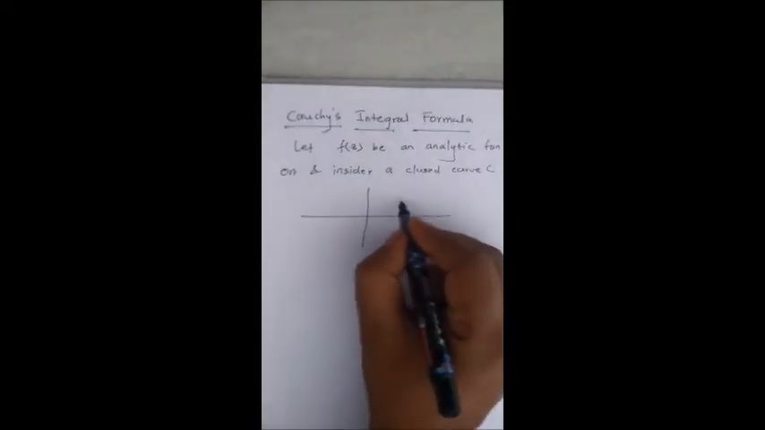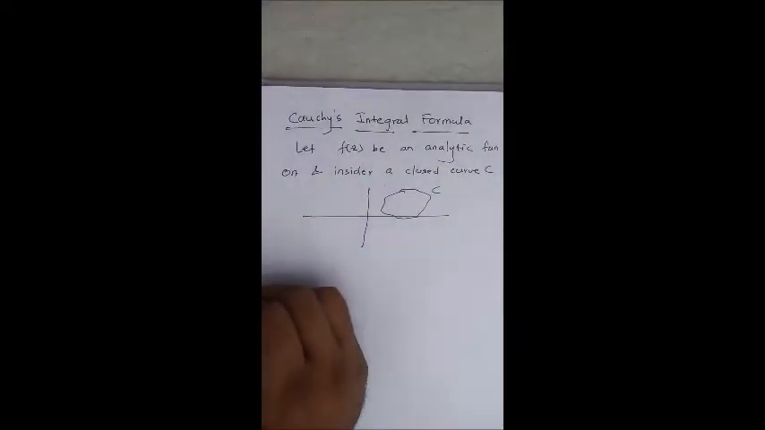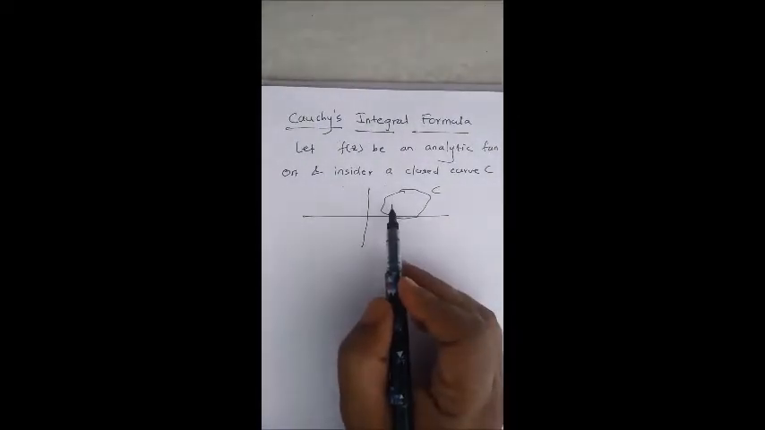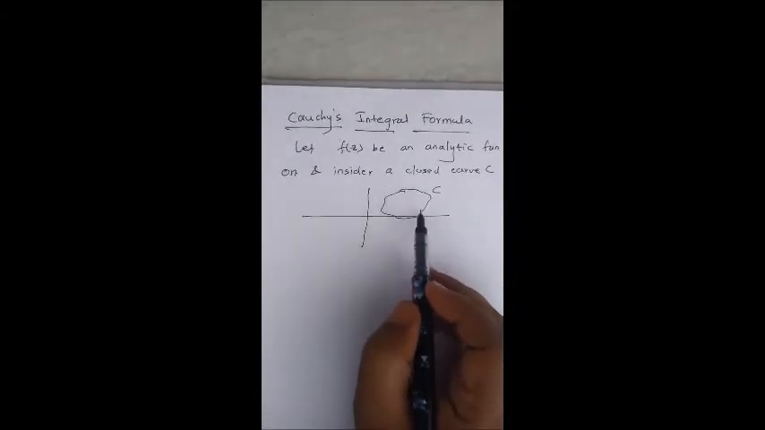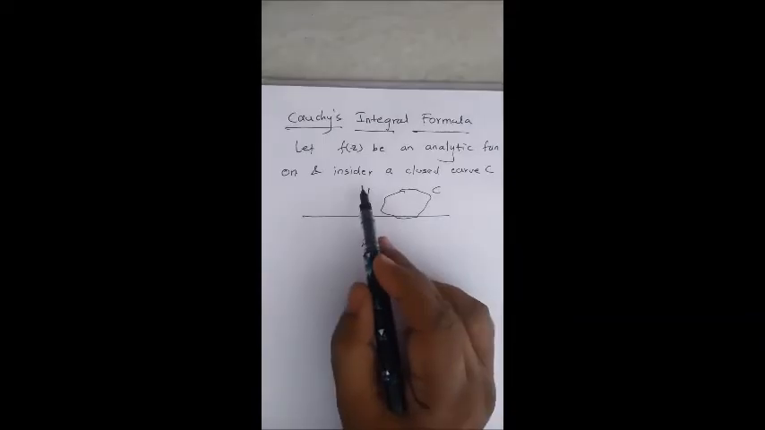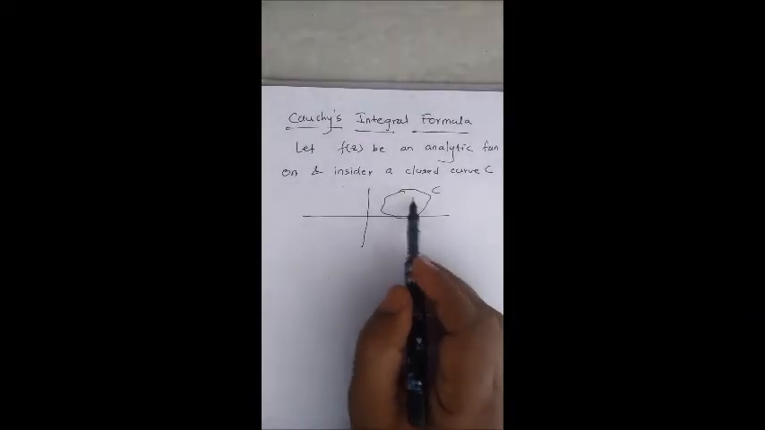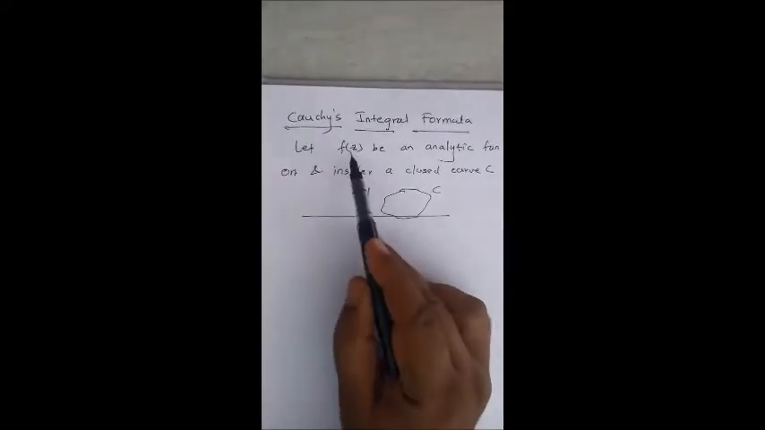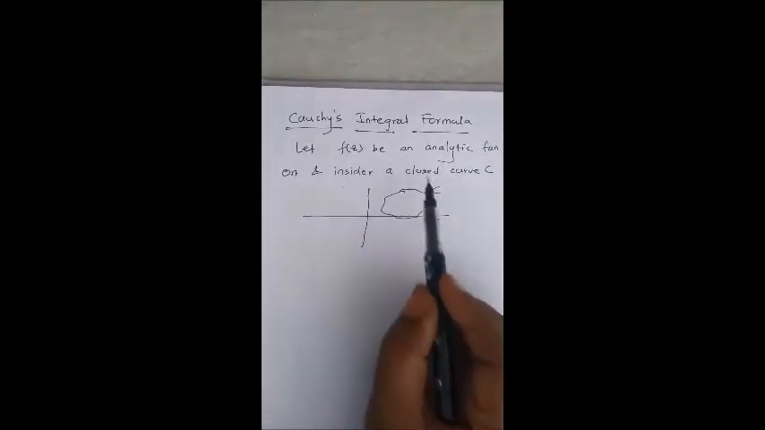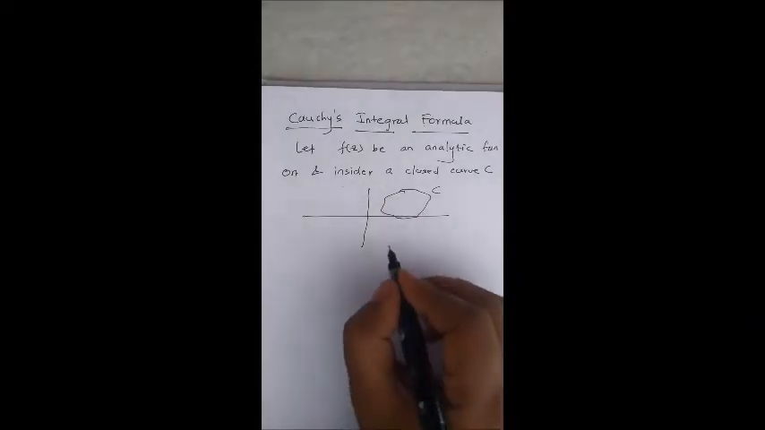Suppose this is a curve C, some kind of curve here. This is a closed curve, and the given function f of z is analytic everywhere inside this curve and on this curve. Outside the curve we don't know the situation, but inside the curve and on the curve the given function f of z is analytic at every point. Then Cauchy's integral theorem says that